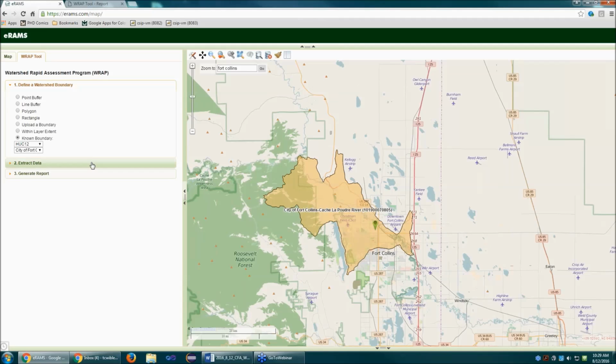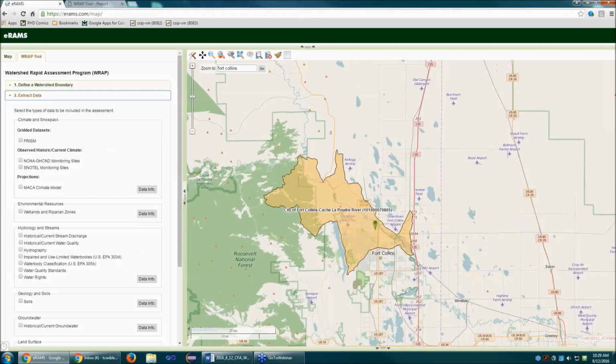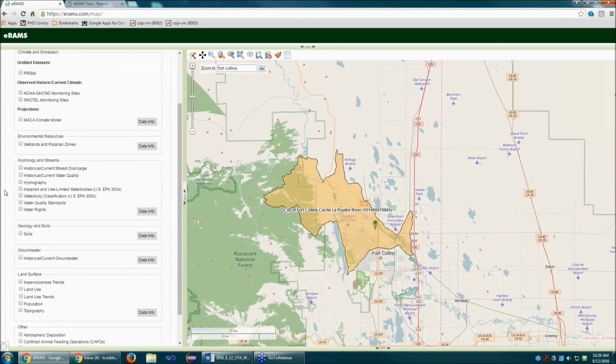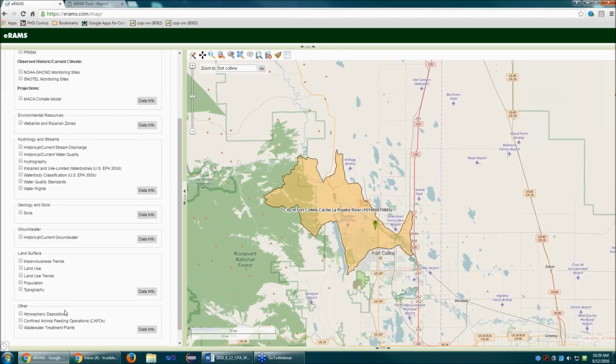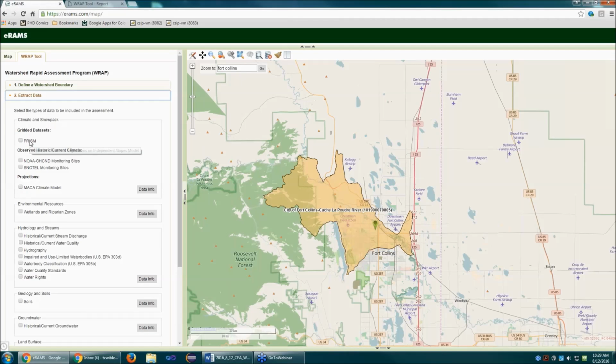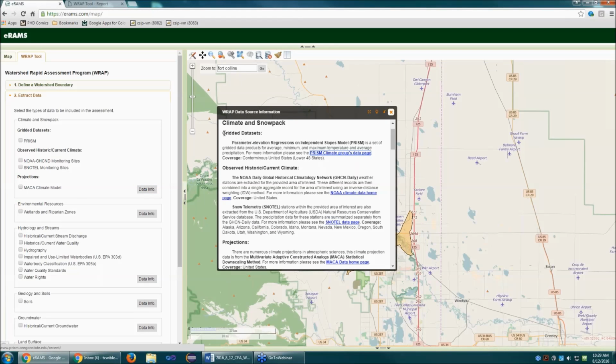Okay, once you have your area of interest selected, you hop over to the next thing, which is you select the data that you're interested in summarizing. And there's all sorts of data, and it's summarized by category. So we've got climate and snowpack data, we've got environmental data, we've got hydrology stream data, all the way down to land surface and some others like confined animal treatment locations. And if you ever are interested what these acronyms are, we've got little nice tooltips that explain that PRISM is the Parameter Elevation Regression on Independent Slope Model, which is a climate regression data set. And you can also follow this data info link that'll summarize this is what PRISM is, this is what it